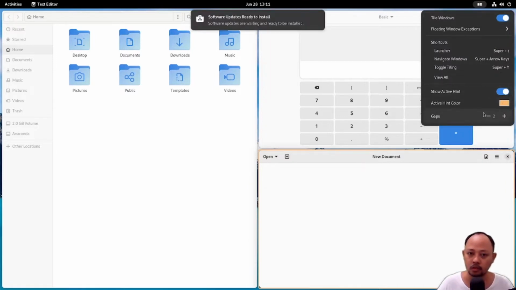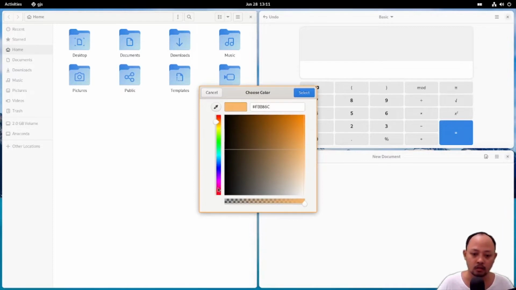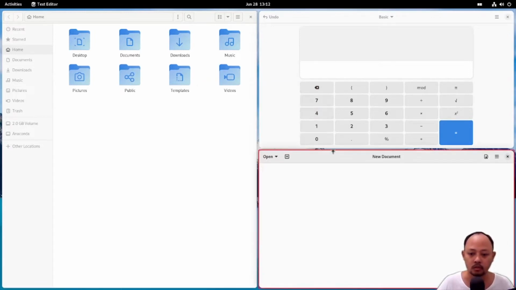Oh, we can change the color of the line. I will change it to red. Okay, so the color will be red.